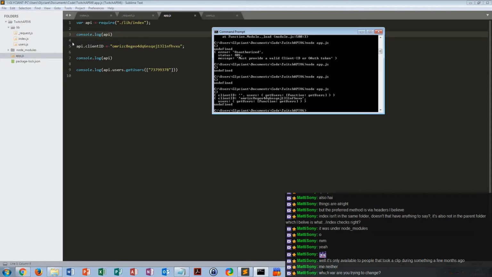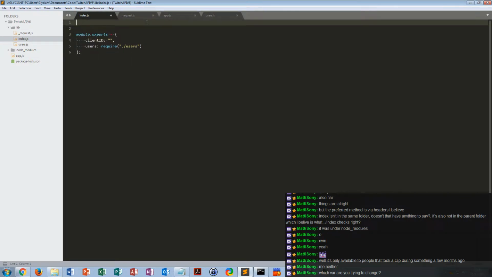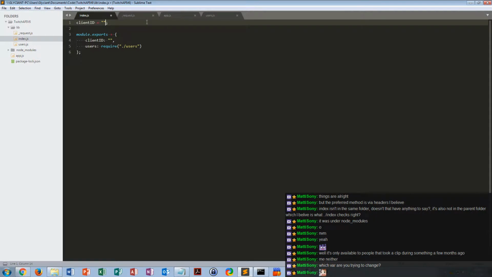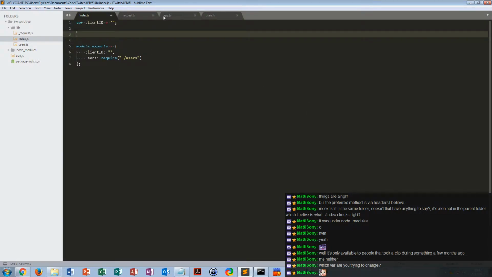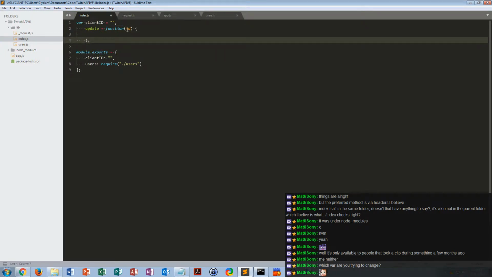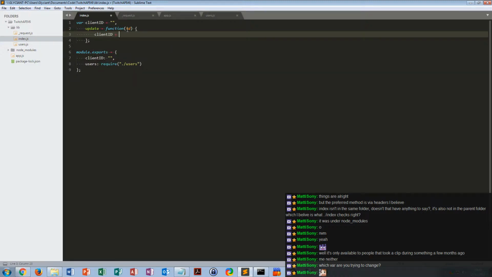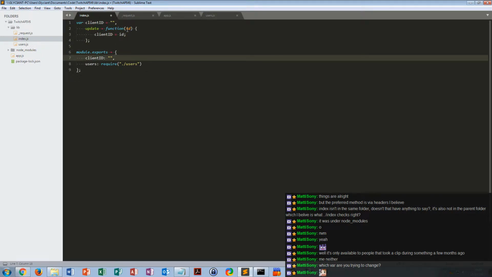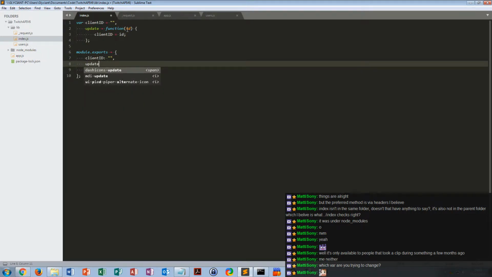Unless... I wonder if I can... this could work. If I did client ID was nothing as a starting point, this could work, right? And then if I made a function called update, and then I just make that function with the ID like that, and then in that function all it's going to do is just change client ID to whatever ID is, and then instead of exporting, sorry, as well as exporting ID, I can also do that, and then yeah,